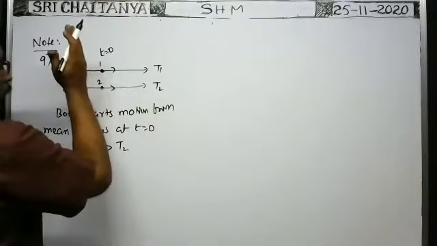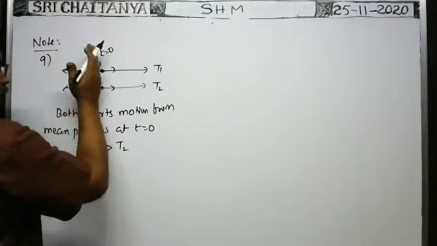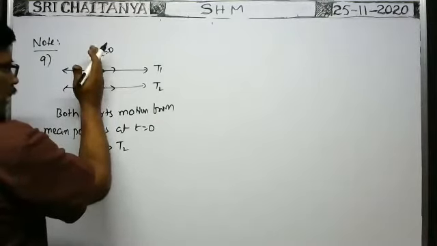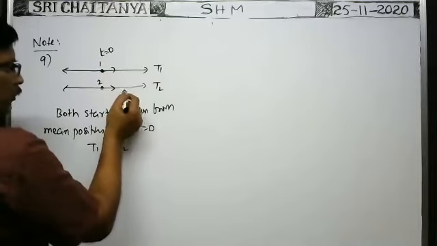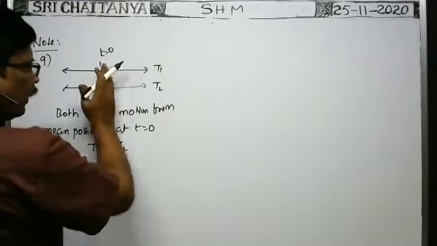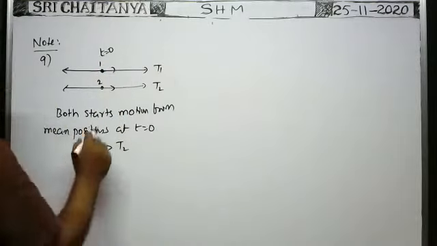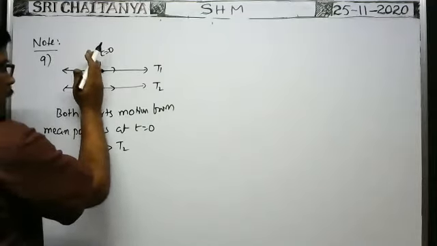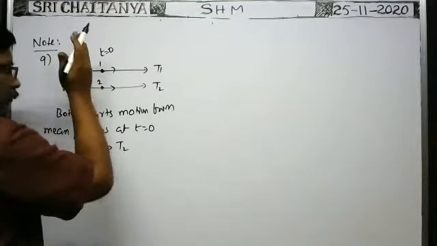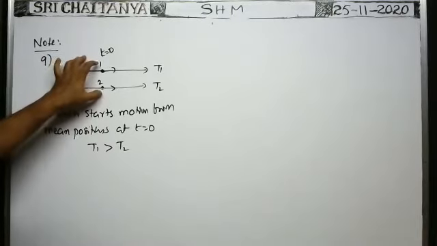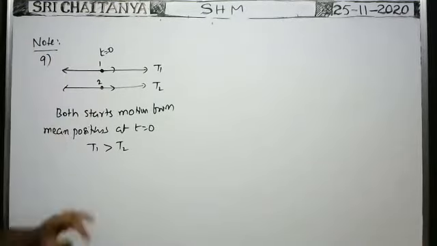Okay, that's why whenever the motion of the two particles has started from the same place, then immediately after their motion is started from the mean position, as this one oscillates very quickly, it moves very fast, so that this particle crosses this particle and moves fast like this. So initially both start motion simultaneously from the same mean position. That means both start motion in the same phase. Both particles start their motion from the same position in the same direction. That's why we can say both start motion initially in the same phase.